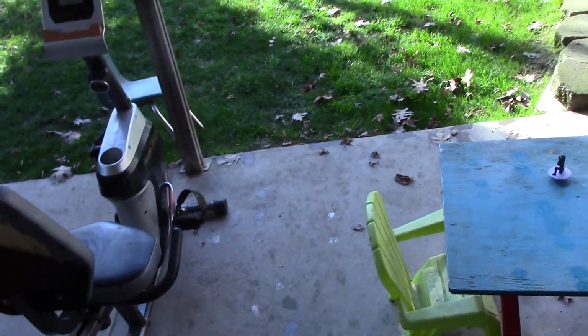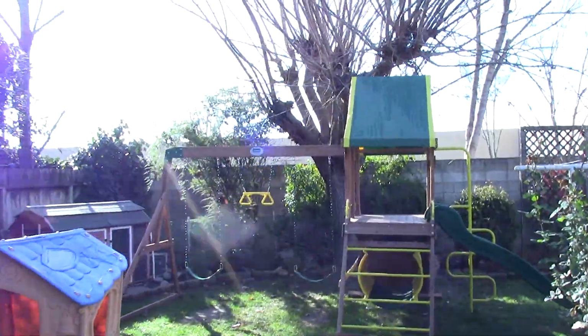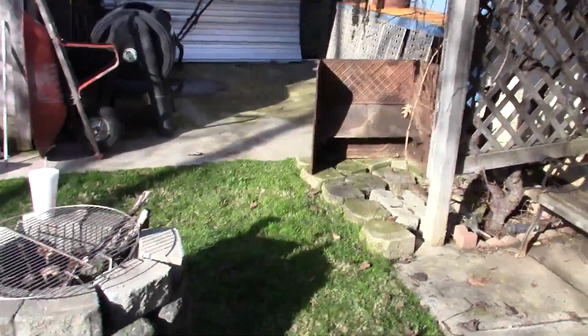Alright, so pardon the mess a little bit. We're going to come out to the back. Oh, there's the swing set that we did a while back. Alright, so to satisfy my manly need to burn stuff, I decided